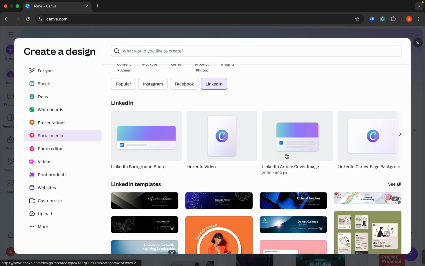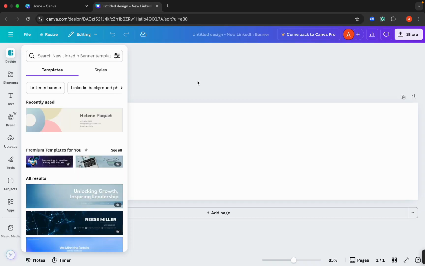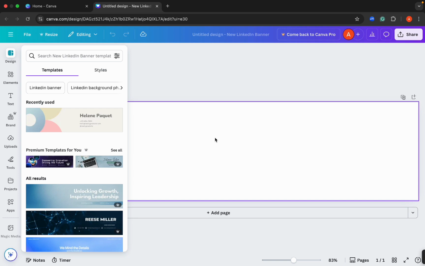And from here you can choose various options that you can use. Then just click on LinkedIn background photo. And from here it will redirect you to a new tab, and if you're creative you can start from scratch. You can create your own design over here at the empty canvas, but if you are not, you can of